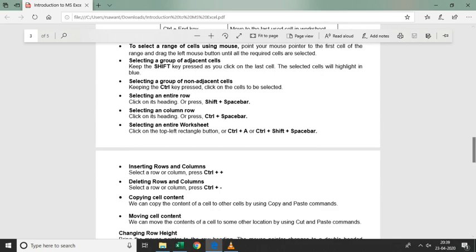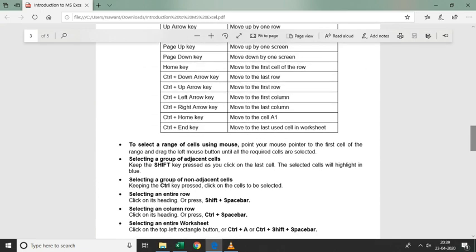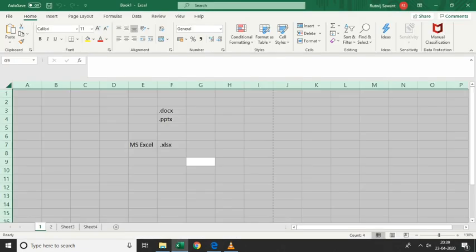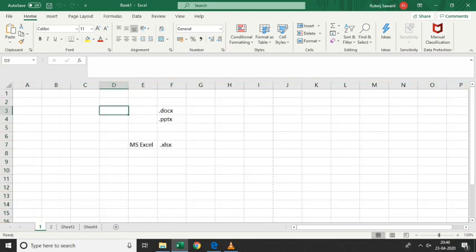So I'll stop over here. Okay, what I want you to do is open MS Excel and try using all of what I explained in this video: selecting a row, column, entire column, a cell, range of cells. Try to type your data, take any book or even you can take these work notes and start typing, see how it works.